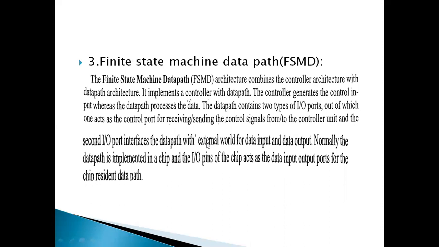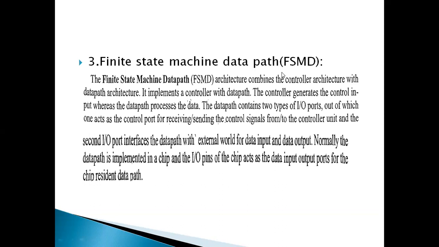Next is the finite state machine and data path architecture. This architecture combines both control architecture and data path architecture. It implements a controller with a data path, meaning it contains both the control logic as well as the data path between the input and the output.